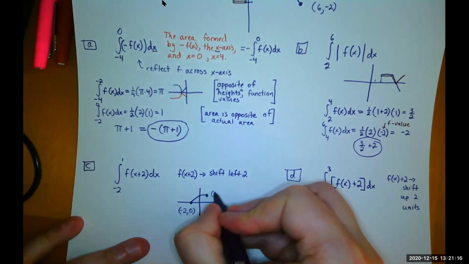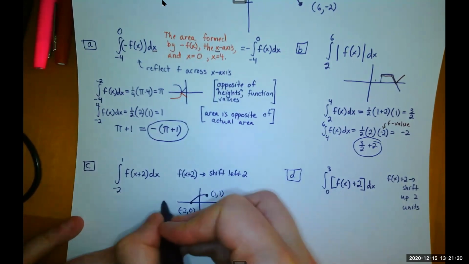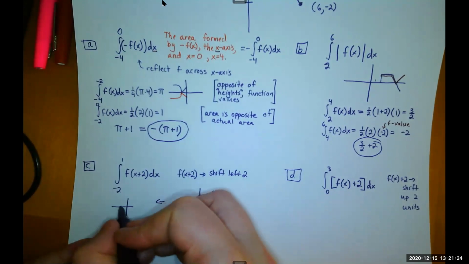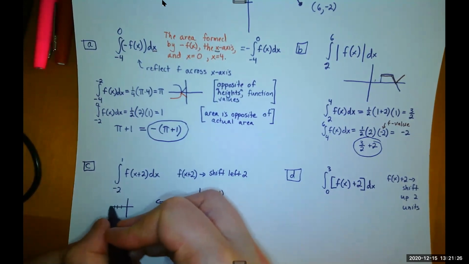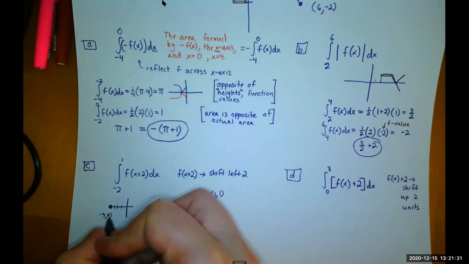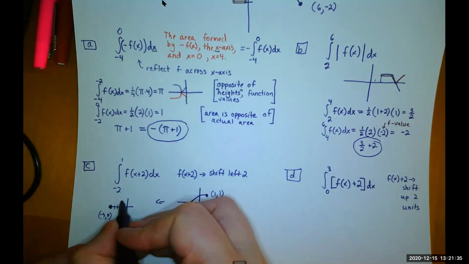This point right here is 1, 1. If we shift everything left 2 units, -2, 0 is going to be over here at -4, 0. 1, 1 is going to be over here at -1, 1,